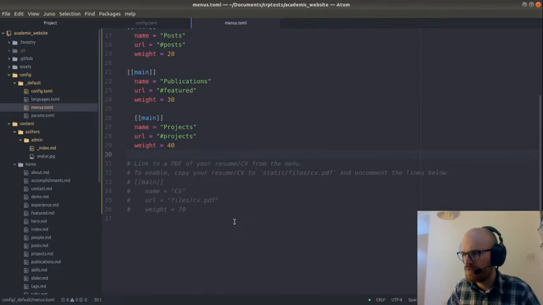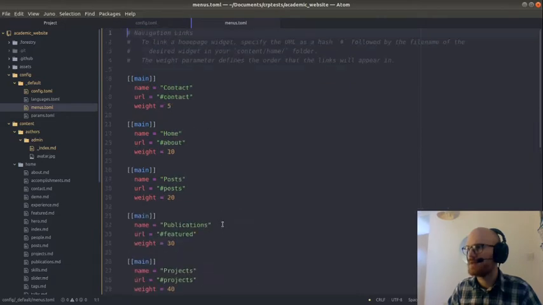You can also add your CV here. I'm not gonna show this, but if you have a CV.pdf, then you can add the PDF file and just get a link to your CV on your website. So that's nice. I think I messed up something here. Yes, here. All right, so good to go. So let's just keep following the